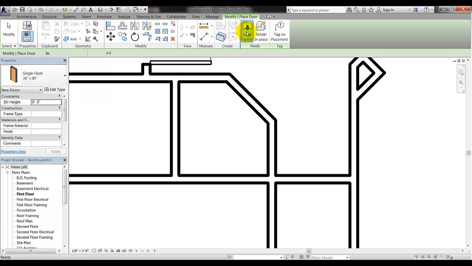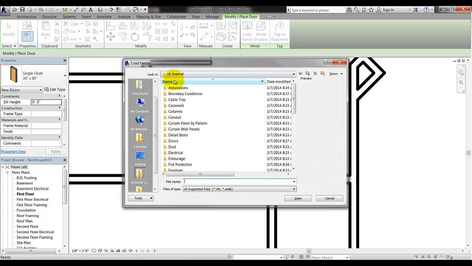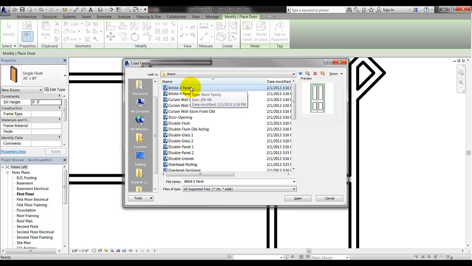If I click load family, it will bring up the U.S. Imperial Library, and here you'll see a variety of folders with a lot of content broken down by area, and specifically I'm looking for the doors folder. So I'll go ahead into the doors folder, and right at the top you'll see a bifold 2 panel. There's also a bifold 4 panel, which I don't need in this case, but it might be something that you could use in another project. So bifold 2 panel, I'll go ahead and click open,